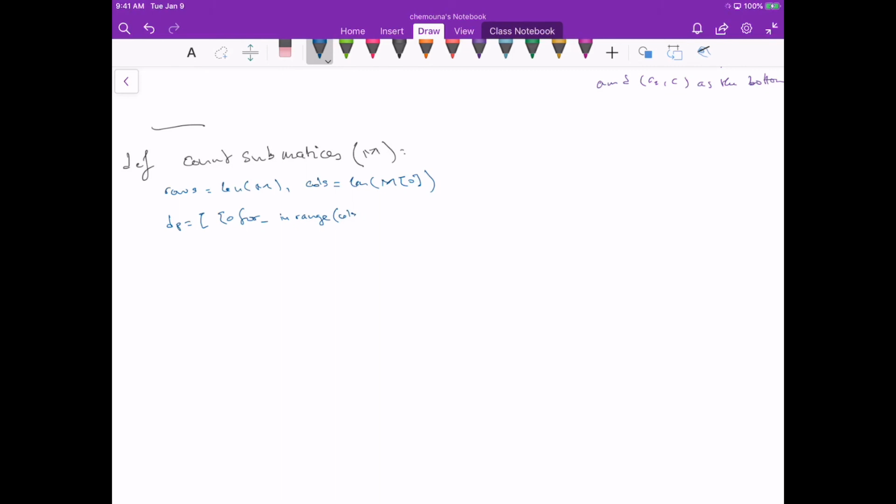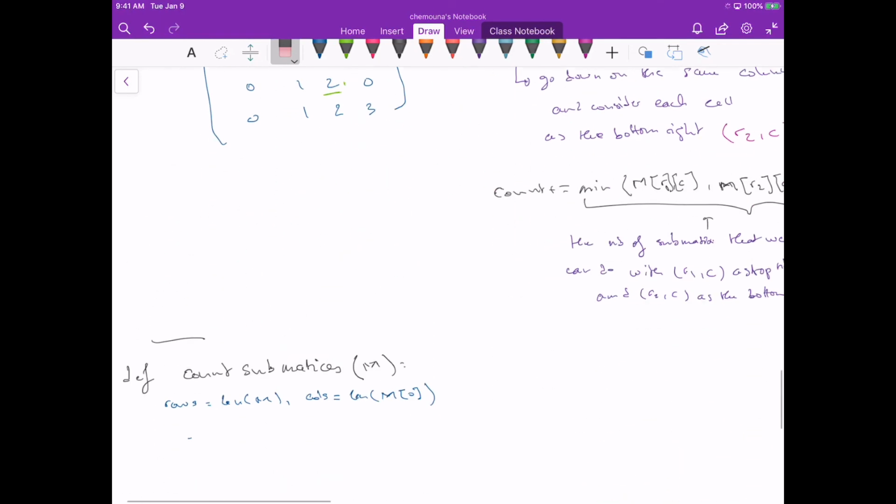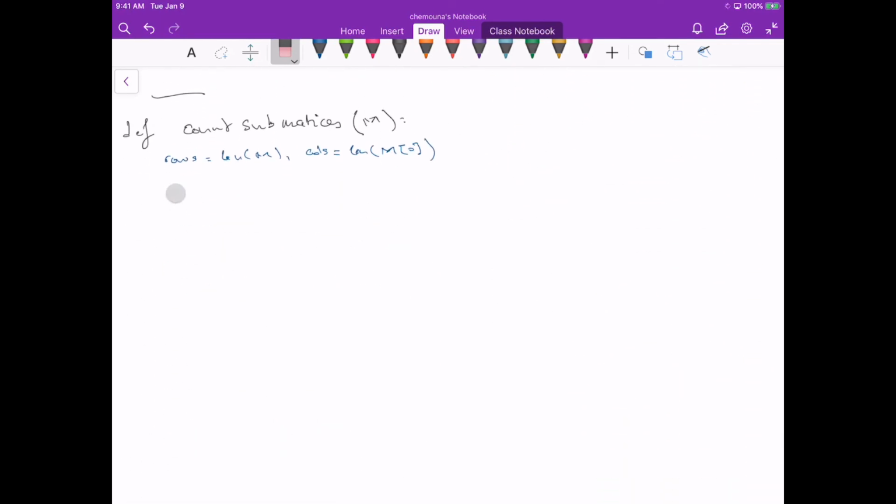or actually we don't need DP because we can just do it on the matrix itself. We can just modify the matrix itself. So let's not do that. Let's just go here and start the for loop to go for every cell and every column. So this would be range of rows, and then this would be range of columns,